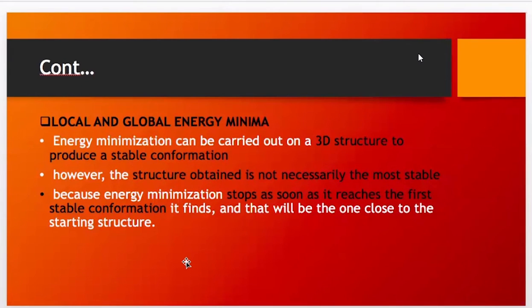You apply it so that the computer software can work on this 3D conformation that you have made to try and stabilize it by changing the conformation. In a case that it was a gauche one, it may change it to the anti-conformation so that it's stable. But the catch is that with energy minimization software,